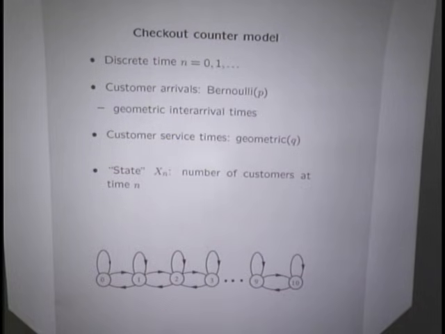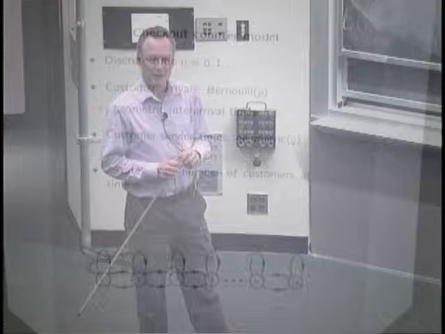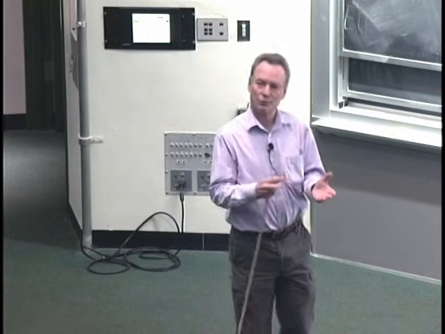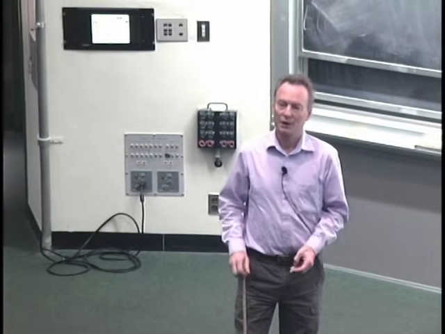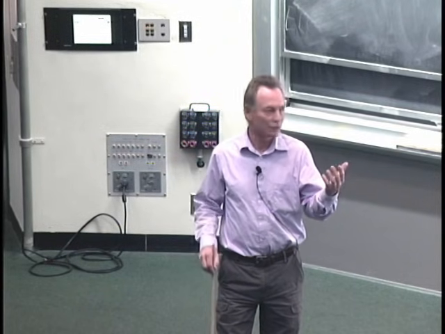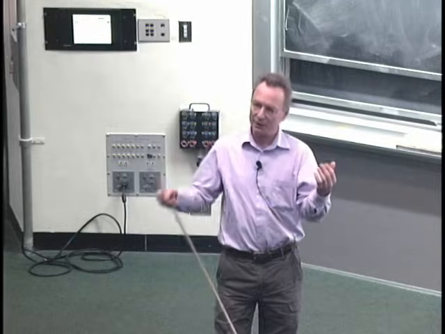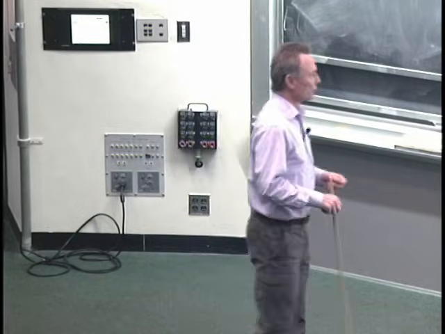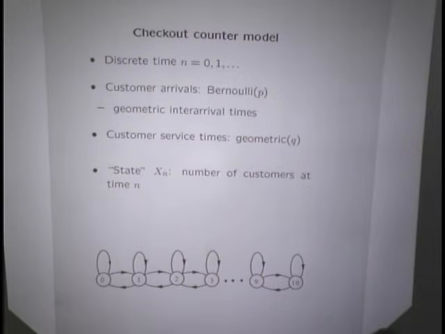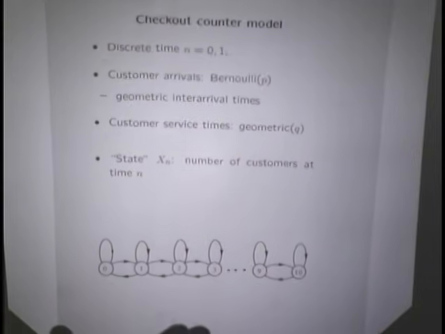Therefore, we're brought to start using this term. The state basically corresponds to anything that's happening right now that's relevant to what may happen in the future. Knowing the size of the queue right now is useful information for me to make predictions about what may happen 2 minutes from now. So in this particular example, a reasonable choice for the state is to just count how many customers we have in the queue.